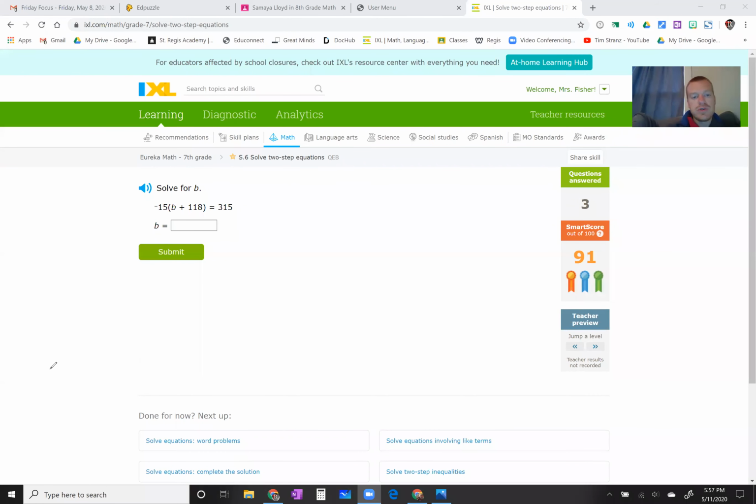This is using the distributive property, right? So if you have negative 15b plus 118 equals 315. When I say distributive property, that means you need to take this number outside of the parentheses and distribute it inside of this parentheses. Remember, when you have a number right up against a parentheses, it means you're multiplying. So you need to take this negative 15, you need to multiply it by this b, you need to multiply it by